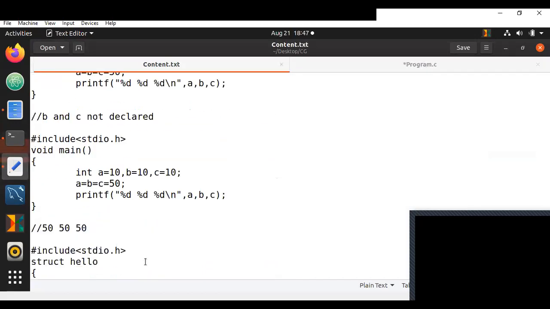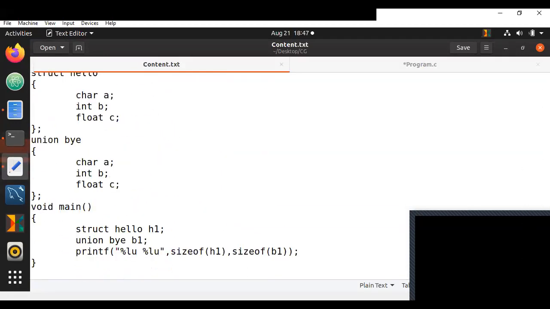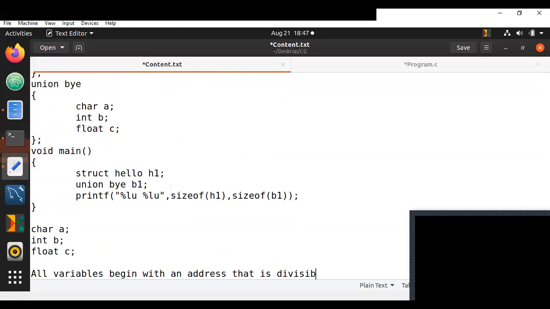The reason for that is, whenever you start with a character here, when you start with character A, it is called structure padding. You should know all variables begin with an address that is divisible by their size.